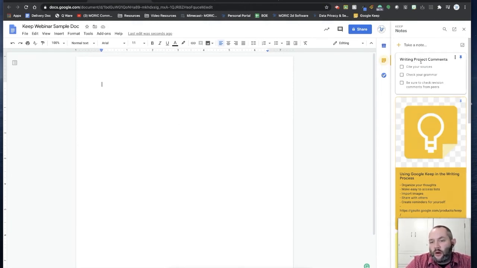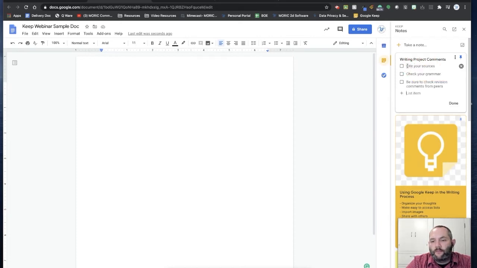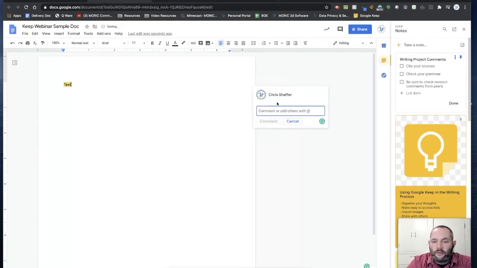If I only want part of a note, like for example, if I'm reading a student's essay as a teacher and I have a bank of comments saved as a note, I can simply highlight part of the note by clicking into it and then highlighting, and I can copy that, and I could then insert a comment in that student's essay and paste my comment in.